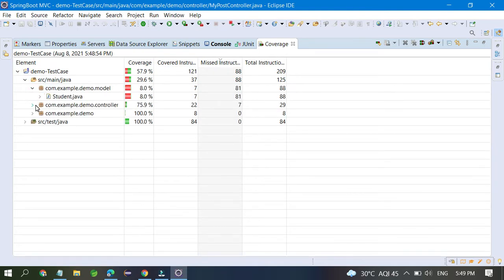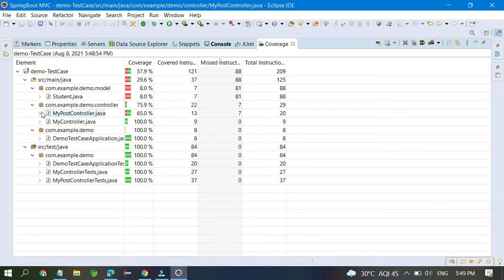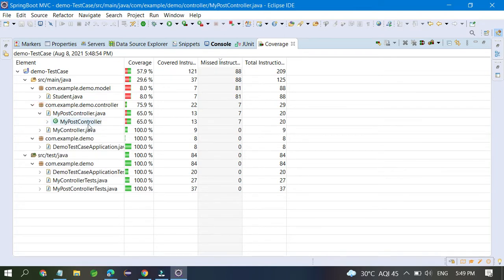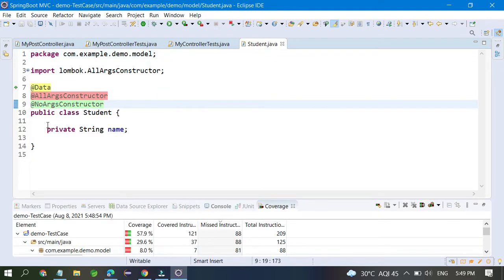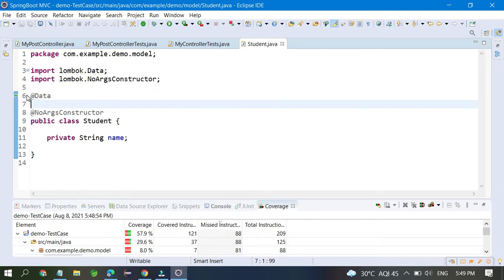What is not passed? The test case methods passed, but here in my post controller there are some problems. The student is also not covered, so this is the problem we have. So I hope, and I will delete this. Okay, I will delete these things and I will try to cover it, because I don't want any more than that.